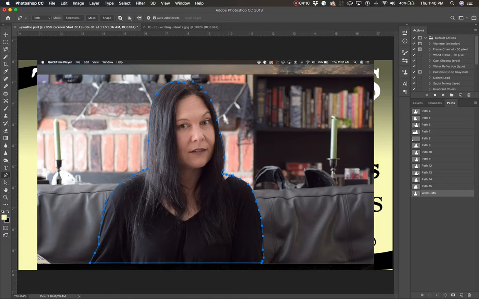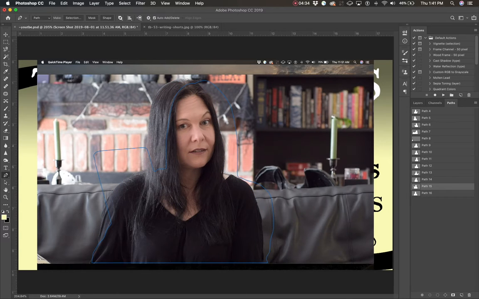And what I've done is gone into the paths layer. So instead of layers, you go into the paths tab and it shows you all the paths. And the path name is automatically generated as work path. You can type in whatever path name you like, but just double clicking and hitting OK will automatically name it the next one in series. So this is the pen path.